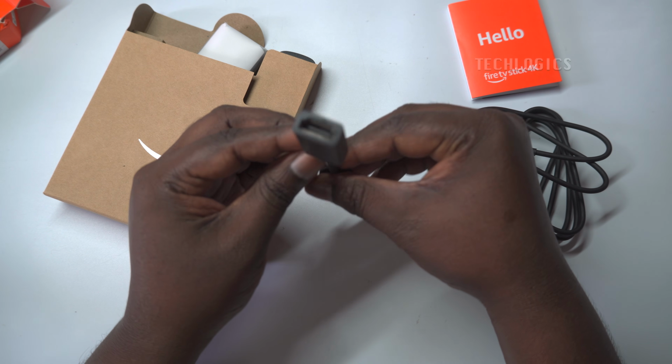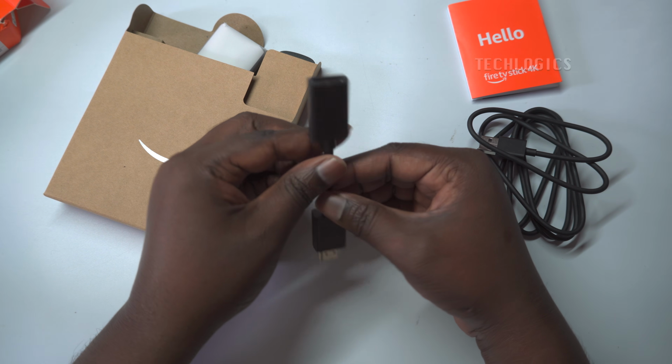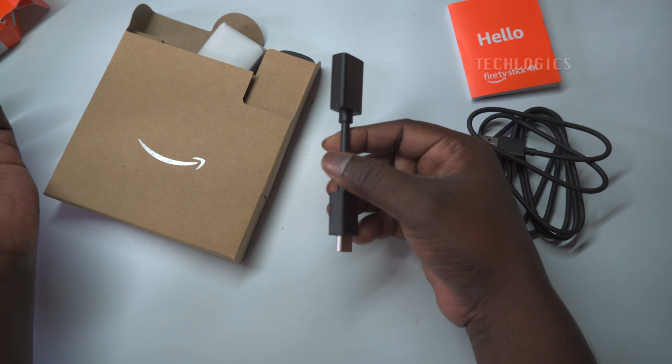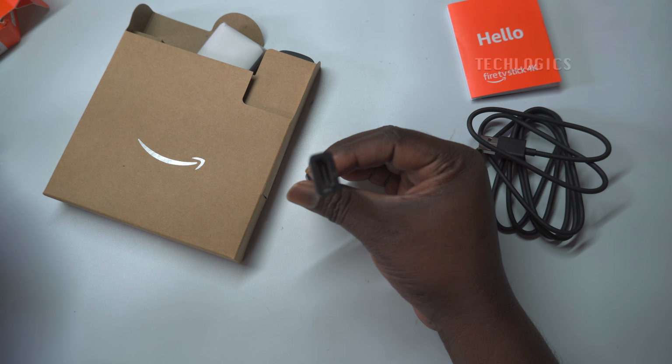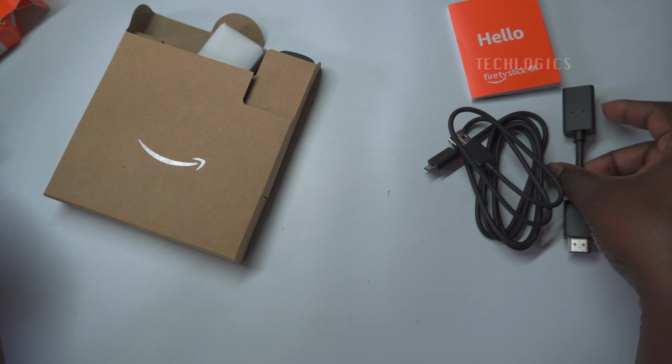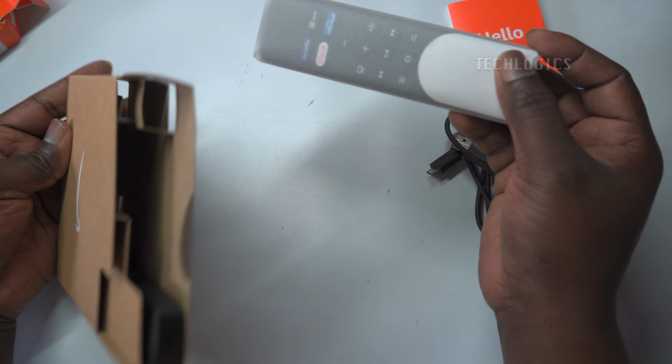remote. Simply press and ask Alexa to check the weather or dim the lights. The Alexa voice remote enables you to quickly find, launch, and control content using your voice. It also allows you to access your favorite apps with preset buttons and manage your TV's power and volume, all